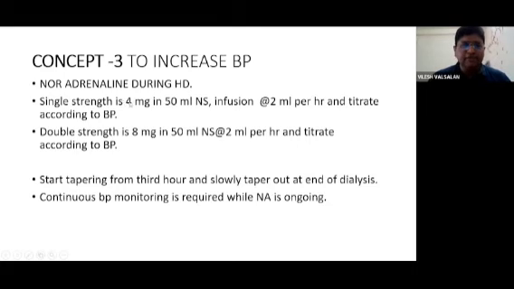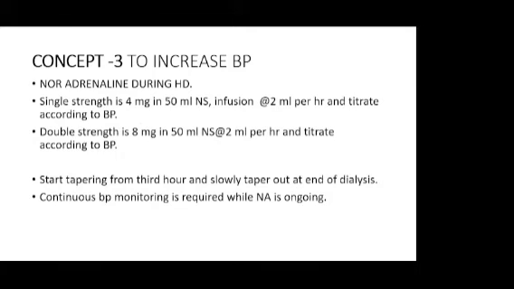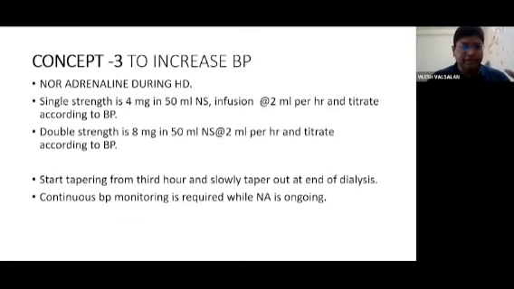Single strength is 1 ampule, which is 4 milligrams. You add it in 50 ml normal saline and put it as an infusion. Start at 2 or 4 ml slowly and then titrate your dose according to the blood pressure to keep the systolic blood pressure around 120 and maintain the blood pressure during this time. If the patient is chronic hypotensive, you may